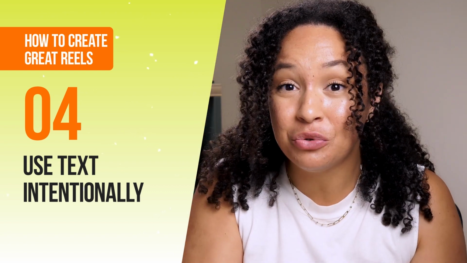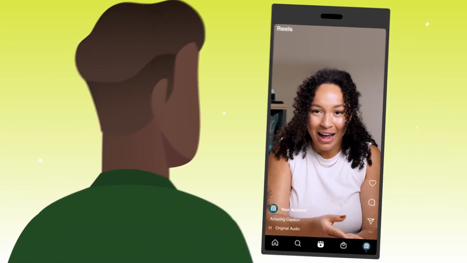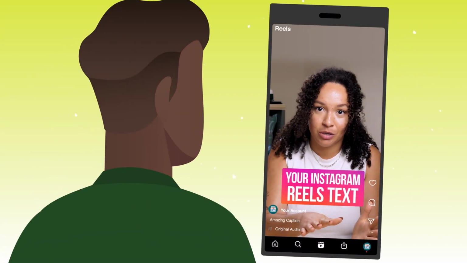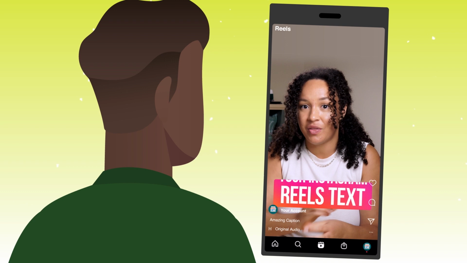And also make sure when you're choosing the text that it's not too much text or too little. You're going to use that same auditing tip. Does everyone have what they need with the text you're providing, or do you need to reduce some things? Do you need to add some things? This is including how many words are in each text section, but also how quickly it's appearing and disappearing on the screen.